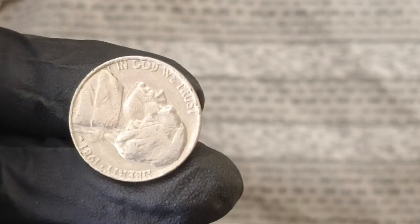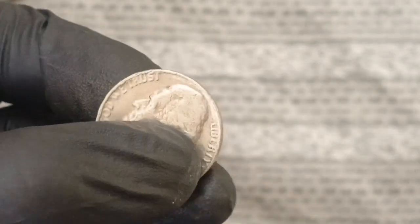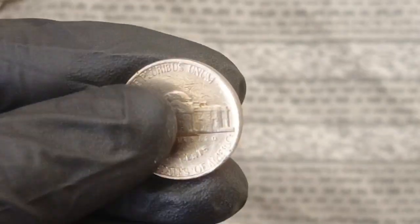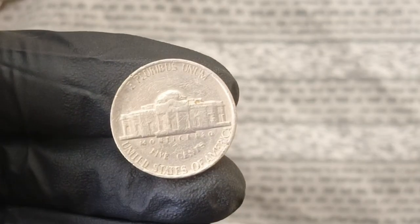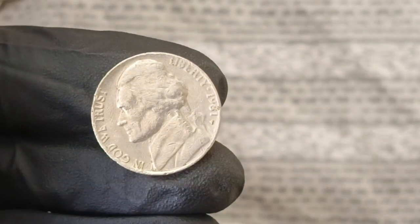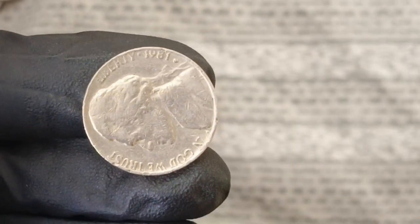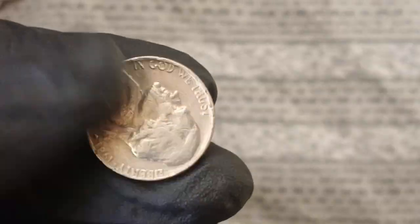out there, hidden in old coffee cans, forgotten piggy banks, or dusty coin rolls, waiting for a sharp-eyed collector to recognize the telltale signs of a multi-million-dollar error, and these signs include things like doubling on Jefferson's eye or the Monticello lettering, ghost images from die clashes, planchet flaws that appear as unusual textures or raised lines, and, of course, any anomalies with the mint mark P, such as repositioning, abnormal shape, or complete absence, and as grading